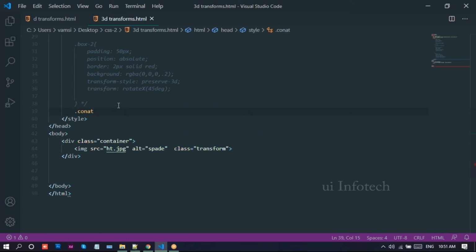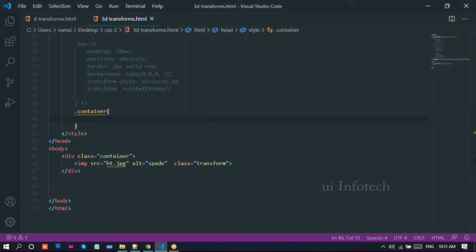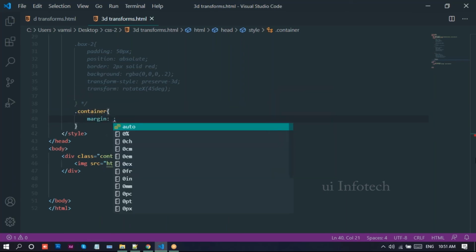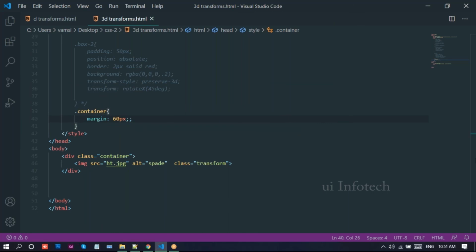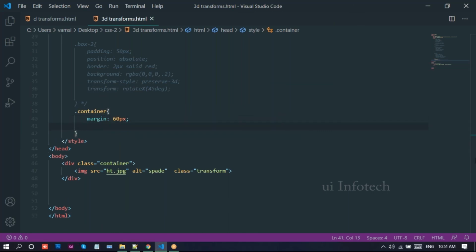So here I'll take this container. In this container, I'll provide margin 60 pixels, and I'll provide the width there, a width like 150.